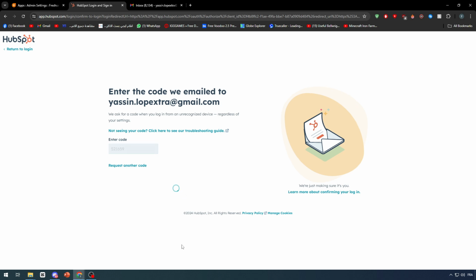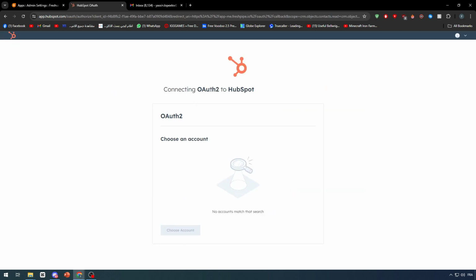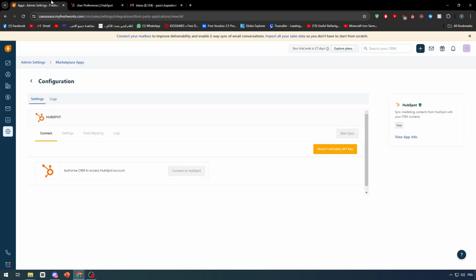Log in, and as you can see, connecting authentication to HubSpot. Choose account, basically no account matches that search, so we don't need to have that. Now let's go to all accounts. As you can see, and this is basically the account security, everything's good. That's perfect. So now let's go ahead and